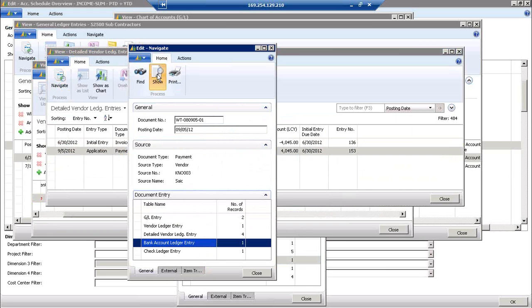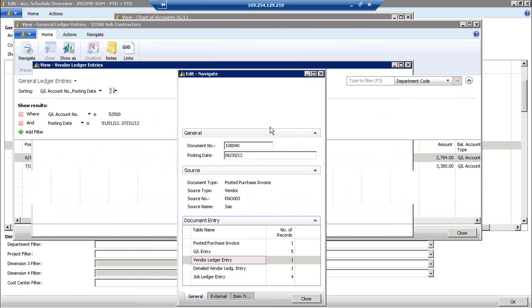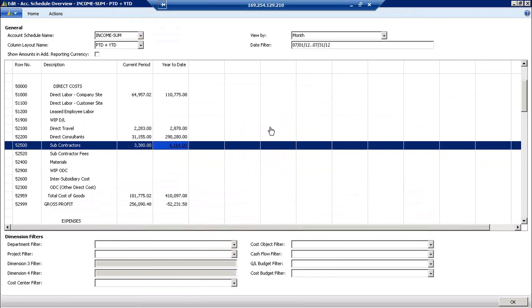We can look in our bank ledger to see the details of that wire transfer, what bank account did it come out of, did we reconcile it? So maybe it wasn't sent to the right account, or maybe something happened. I don't know why it didn't get cleared yet. Or we didn't do our bank reconciliation. So I just wanted to touch on, at a high level, the financial side of it, because it's not just a